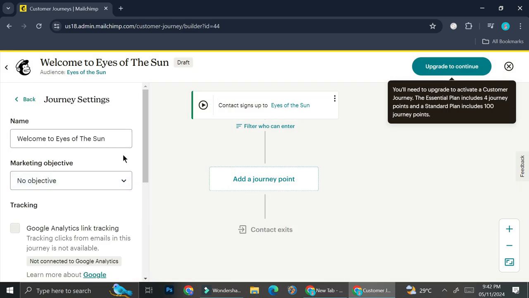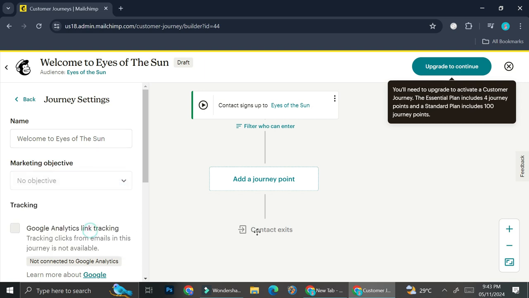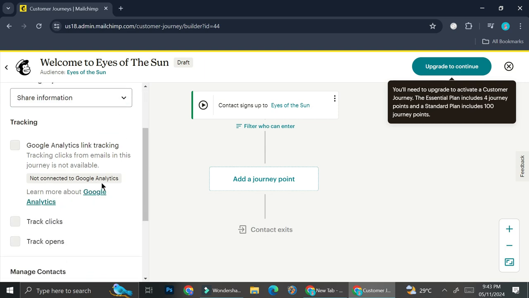And when you click on the edit settings, you'll be able to see more settings that you can alter. For example, here you can set the marketing objective of this map. So let's say that you want this map to maybe nurture relationships, or drive audience actions, or share information, re-engage contacts, or something else. Let's say for today I just want to share information with my customers, so I'm going to go ahead and click share information as my